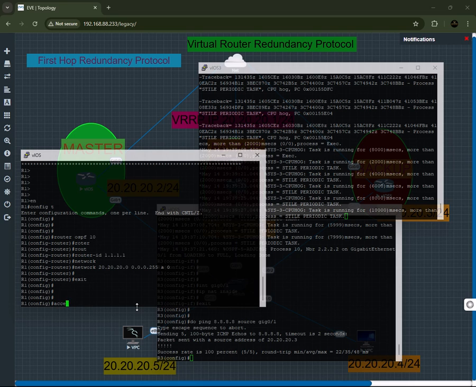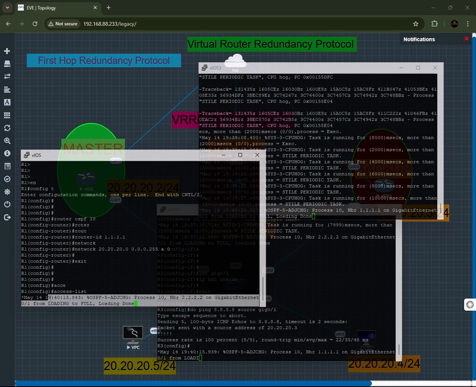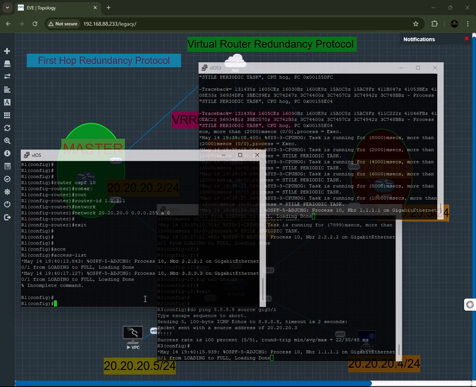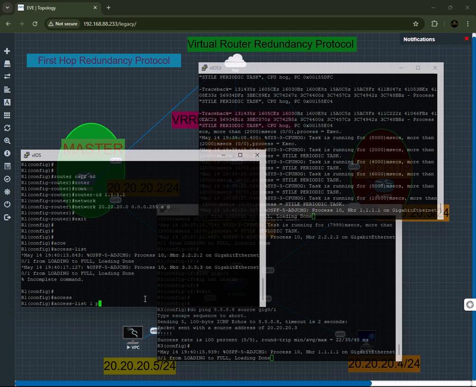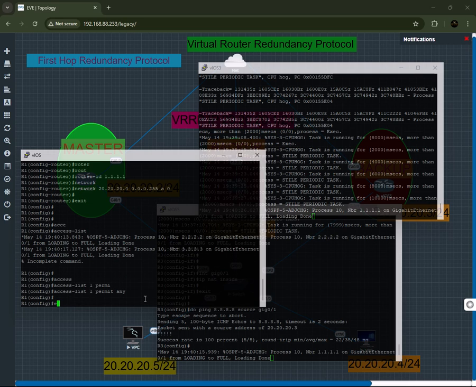All I have to do again, we need to create some sort of an access list. As you can see, we have adjacency forming, so all of these routers have formed the adjacency, so they can connect, or they can ping each other. So let's create the access list, access list 1. We want to permit any, and then let's